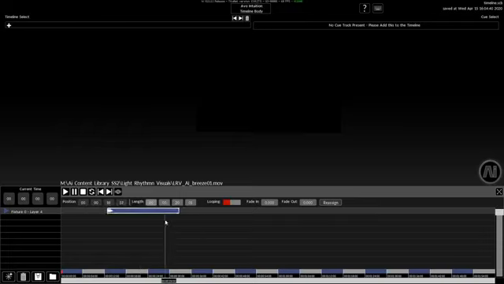Now obviously sliding it around like this can be a little bit fiddly, so if you drag this bar down on the right, this is going to zoom in, so we're going to have much closer control. You can see I can almost get down to individual frames there. But that said, there are times when you want to be very accurate and you just want to type in a precise start time. So with the clip selected, and we can tell it's selected by the flashing outline around